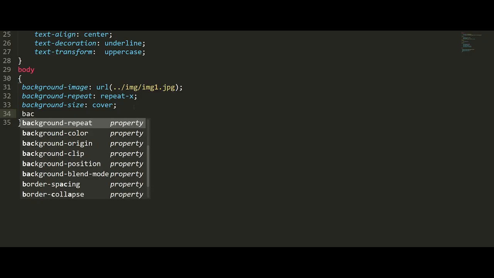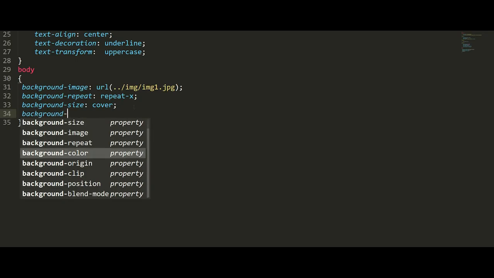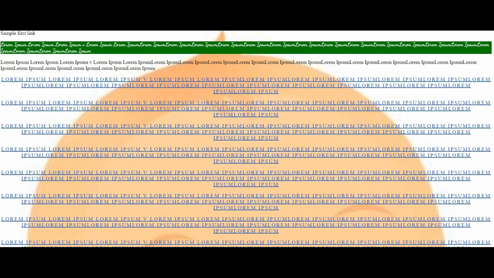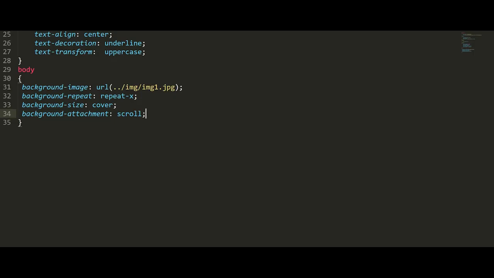Now attachment. Background-attachment, here I'm going to give scroll. Refresh, see, according to scroll it was scrolling down. This was default, I already told you. Attachment colon scroll is default.